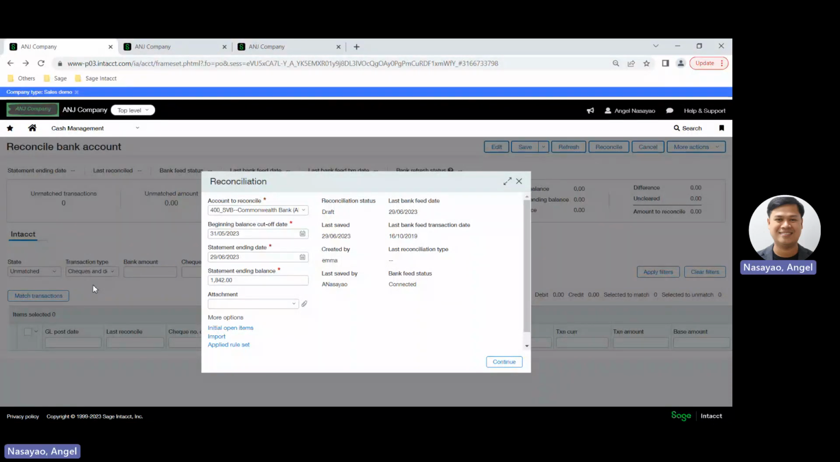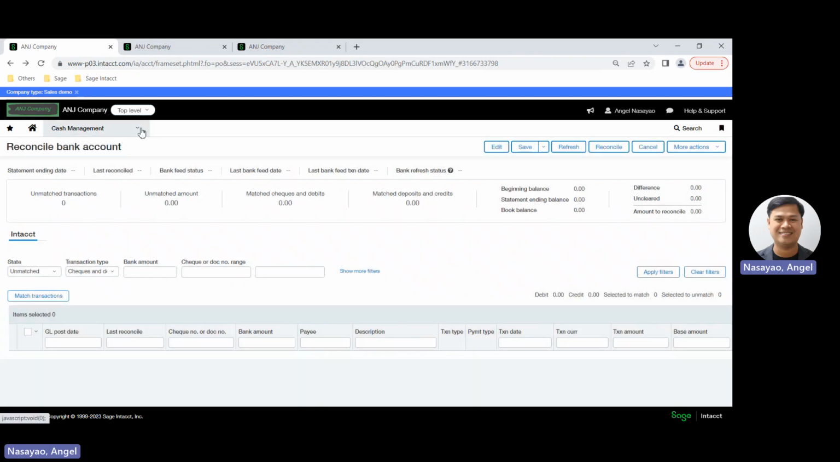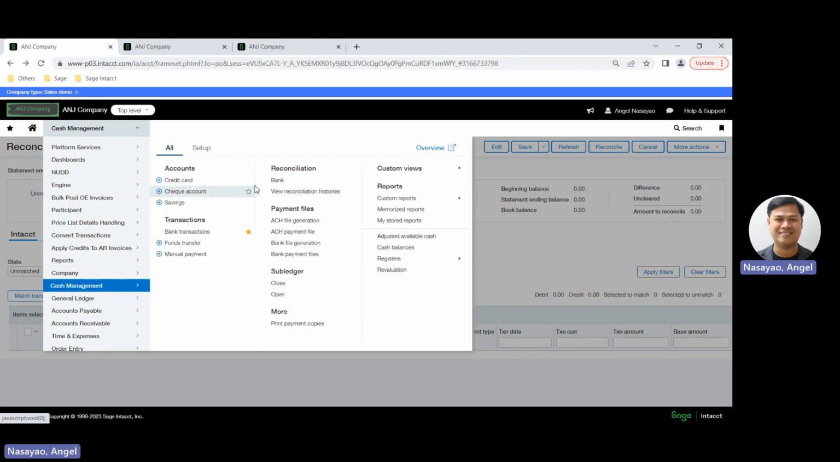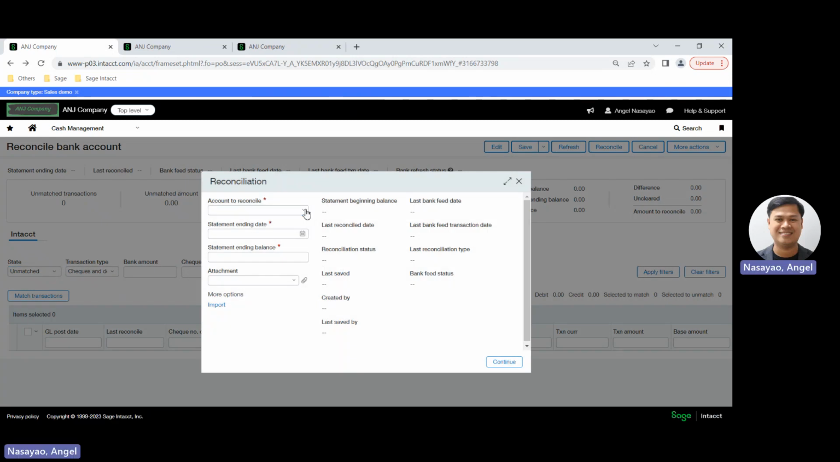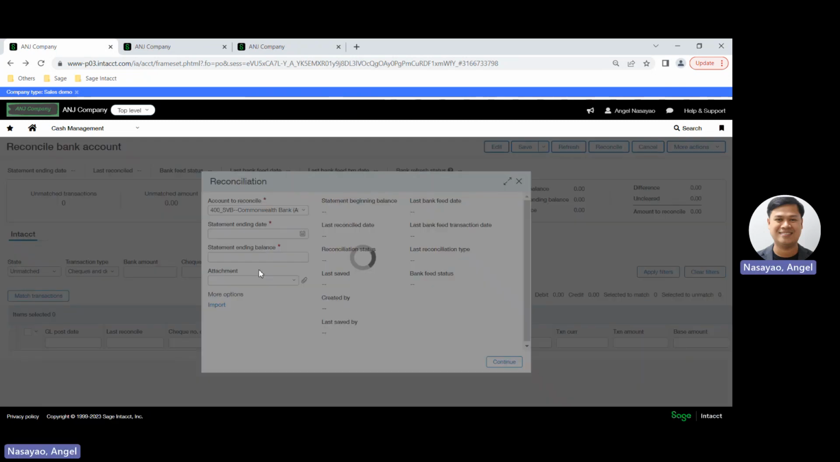Hello. I just would like to show you what can be done with our bank feeds and bank reconciliation API. Yep. So what I have in here is that if I go to bank reconciliation, for example, and if I choose this bank account,